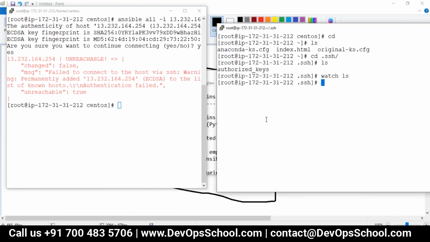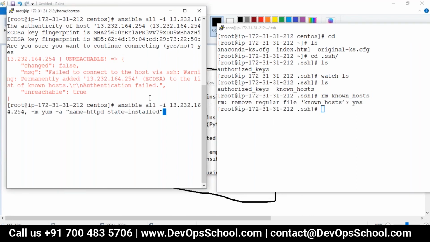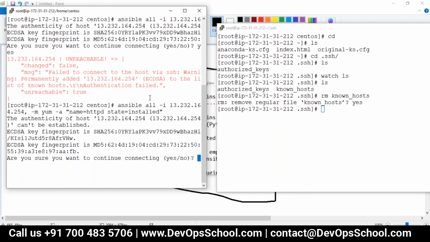If I delete this file and rerun, again it will ask me. So that file is important for connecting from one Linux machine to another. So this time it will not create it.